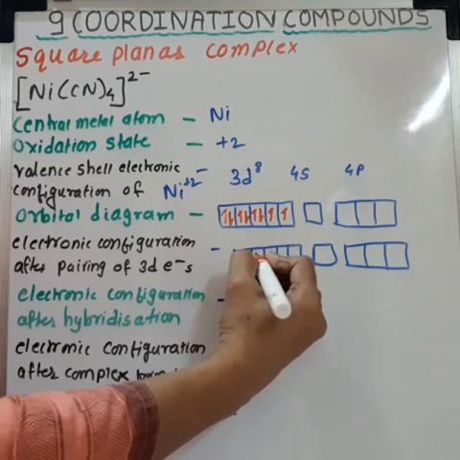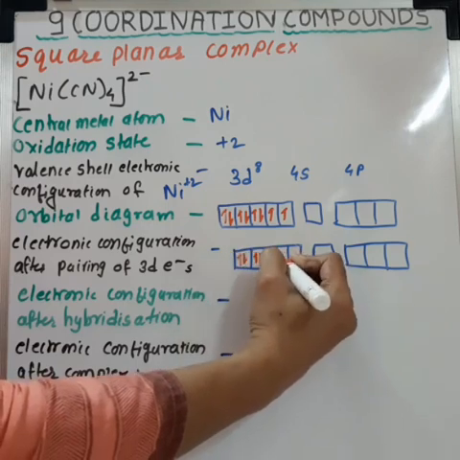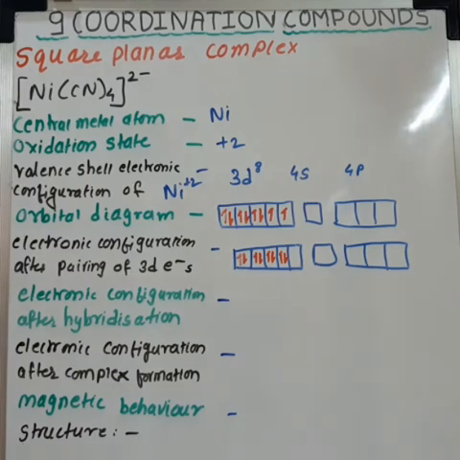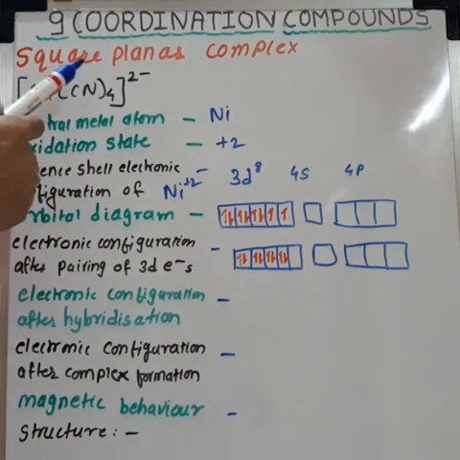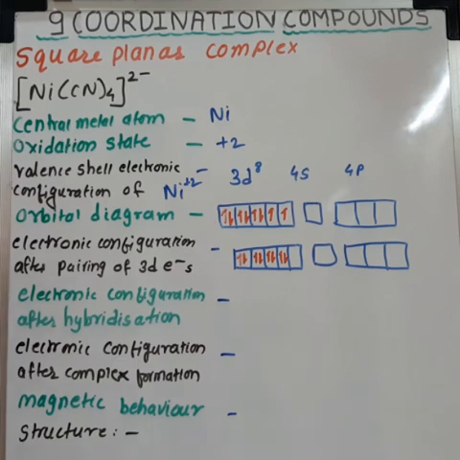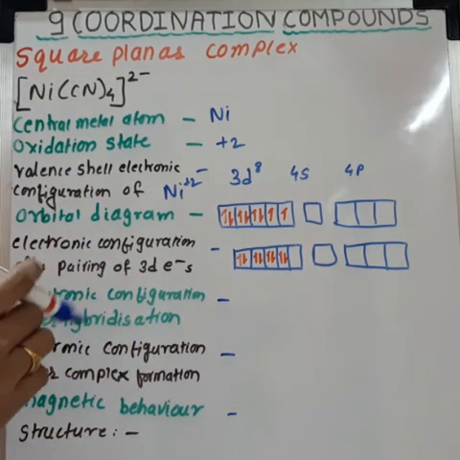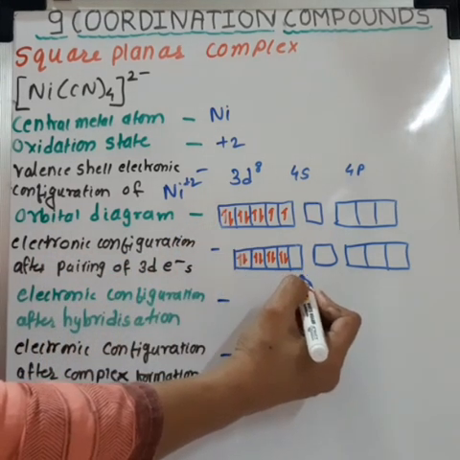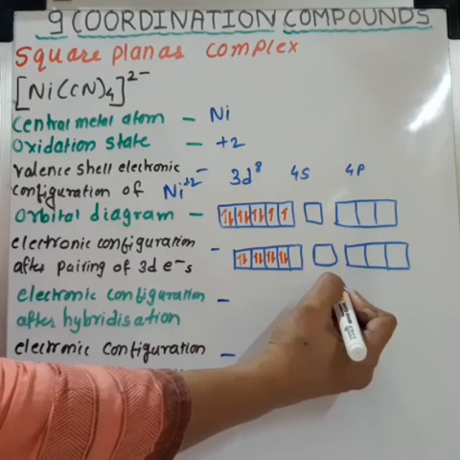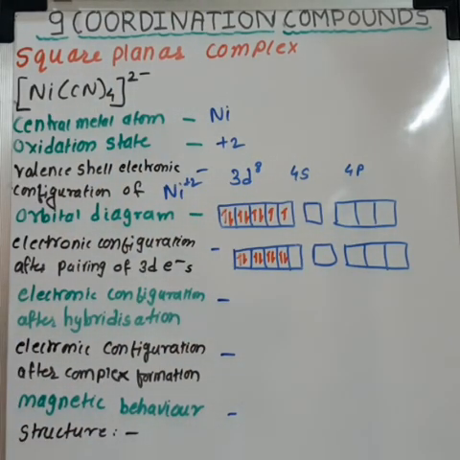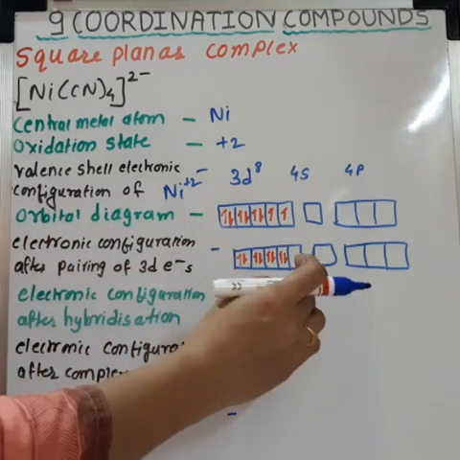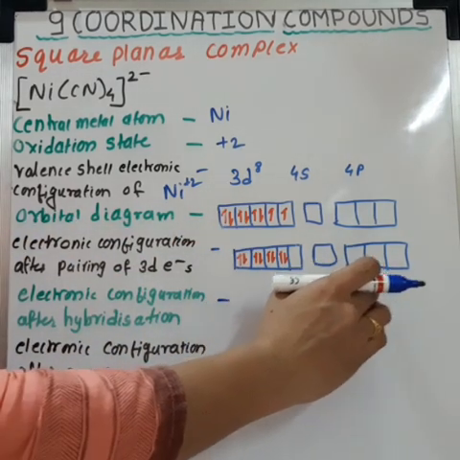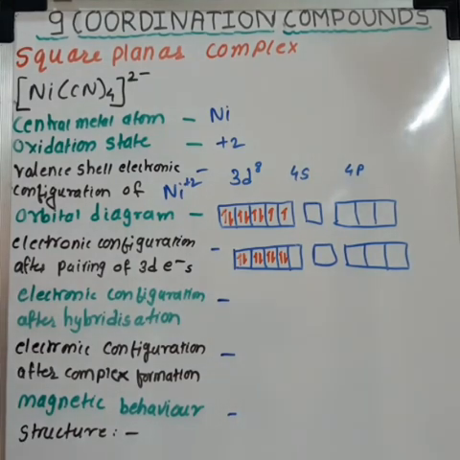so these electrons get paired before hybridization. And now the coordination number of this complex is 4. The required number of orbitals for hybridization is 4 and the available orbitals are 5. So hybridization takes place in 1 d orbital, 1 4s orbital and 2 4p orbitals. So the hybridization will be dsp2 hybrid orbitals. So the electronic configuration after hybridization is